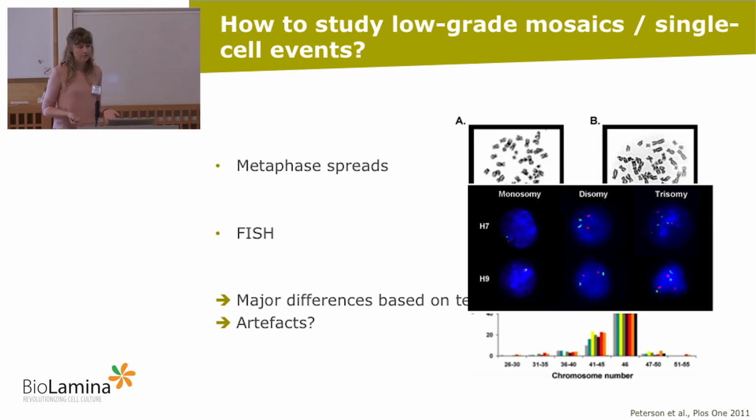You can also do FISH. There, instead of having an image of the whole karyotype, you will have an image for one locus. What they did here, you can see it very badly, but they did centromere FISH. So basically they assumed that if the centromere was gained or lost, you had a trisomy or a monosomy in the cells. The bottom line is that with the different methods that have been used, they had quite some differences going on. The few papers that had been studying these single cell events had quite discordant results, but overall they were saying that there was a lot of chromosome loss.